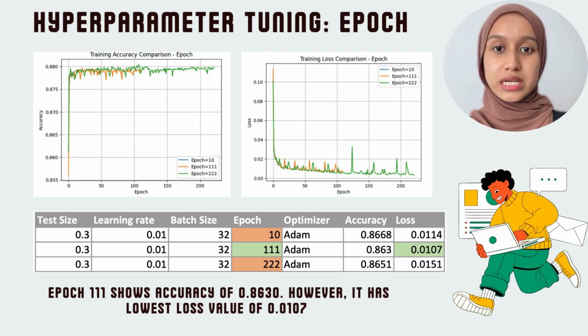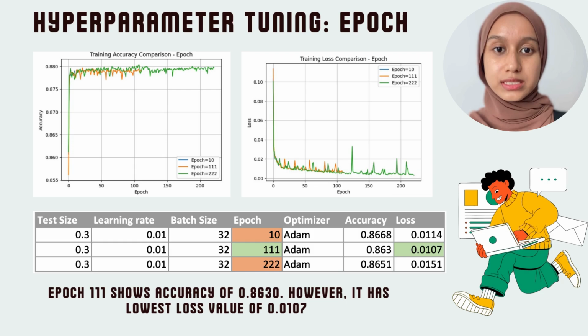Although the accuracy is only slightly lower than the others, the loss is a better indicator of how well the model is fitting the training data. Lower loss suggests that the model's predictions are closer to the actual values on average. For this reason, we selected 111 epochs as the best setting, as it offers good accuracy while keeping the loss